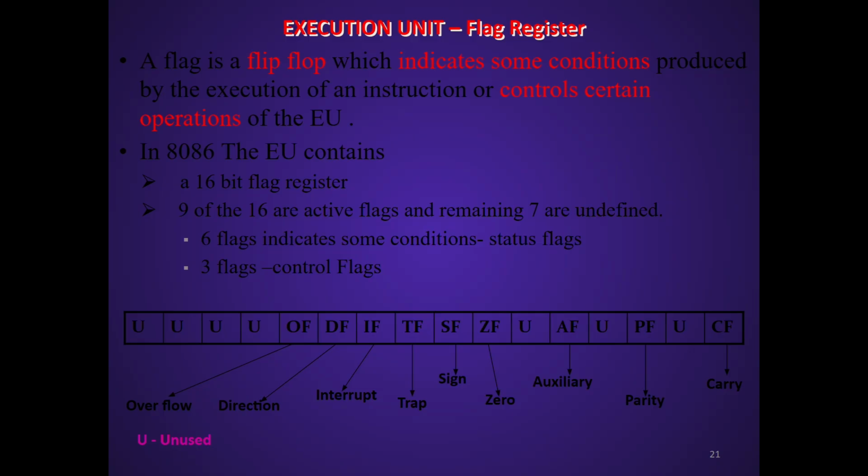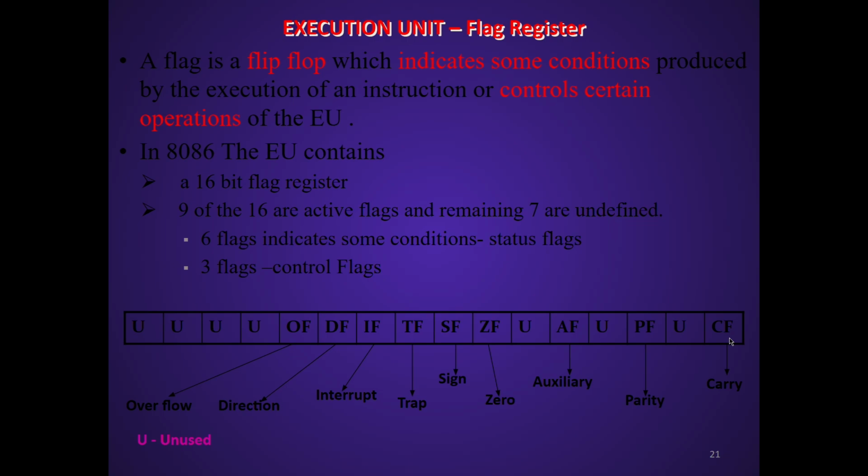Over here there are 4 flags, 1, 2, 3, 4, which are unused. Including 5, 6 and 7, there are 7 flags which are unused. Nine of the 16 are active flags. Now what are those 9 flags? Let us discuss. Six indicate status: direction flag, overflow flag, interrupt flag, trap flag, sign flag, zero flag, auxiliary flag, parity flag